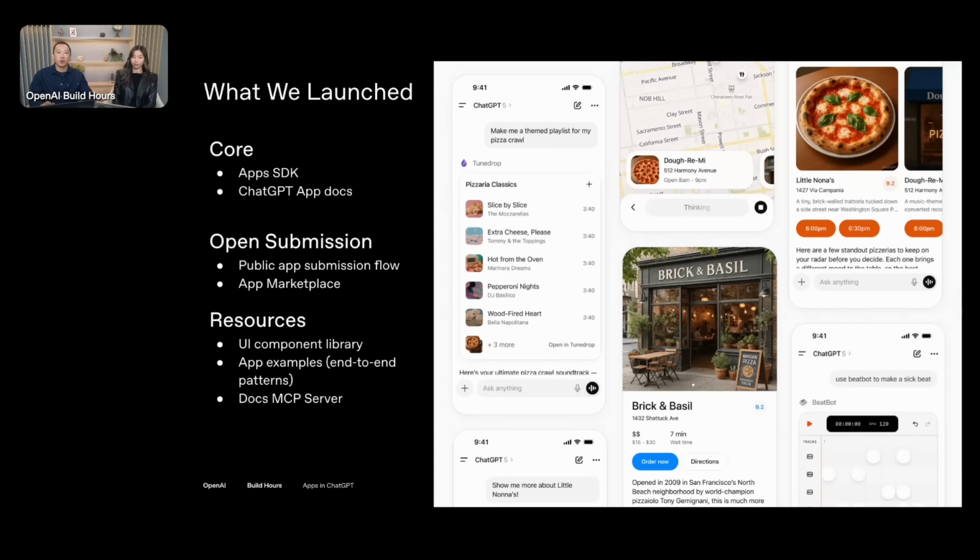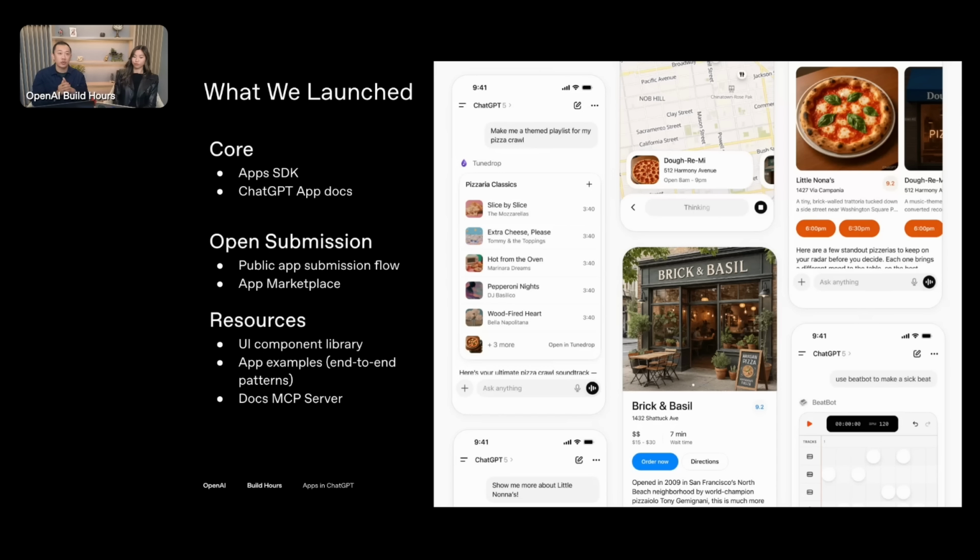Great, and just to cover what we've launched since Dev Day when ChatGPT Apps as a platform launched, we launched our Apps SDK. Everything from the framework and how ChatGPT injects a UI widget within the client to how we are able to use MCP servers to pull in different contexts and tools and actions to take actions on behalf of the user's intent. And as well, we launched our apps doc site within developers.openai.com for everybody to learn about all the different components and pieces for you to build your experiences that you'd like.